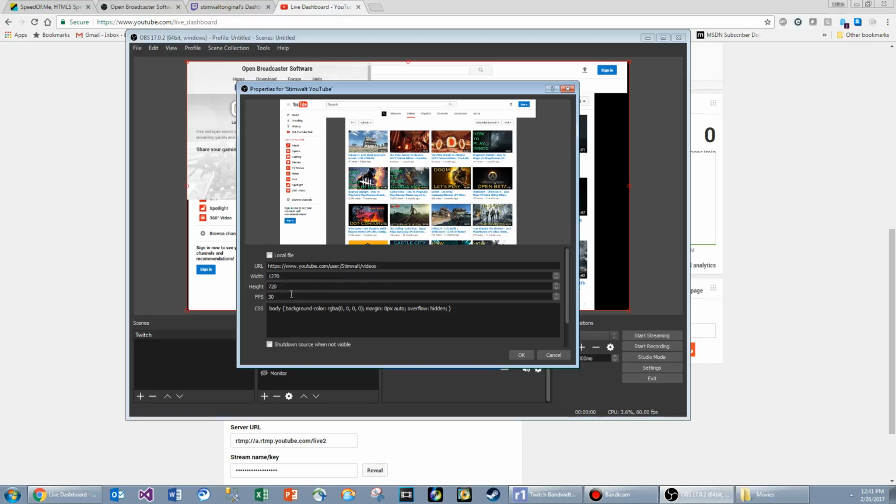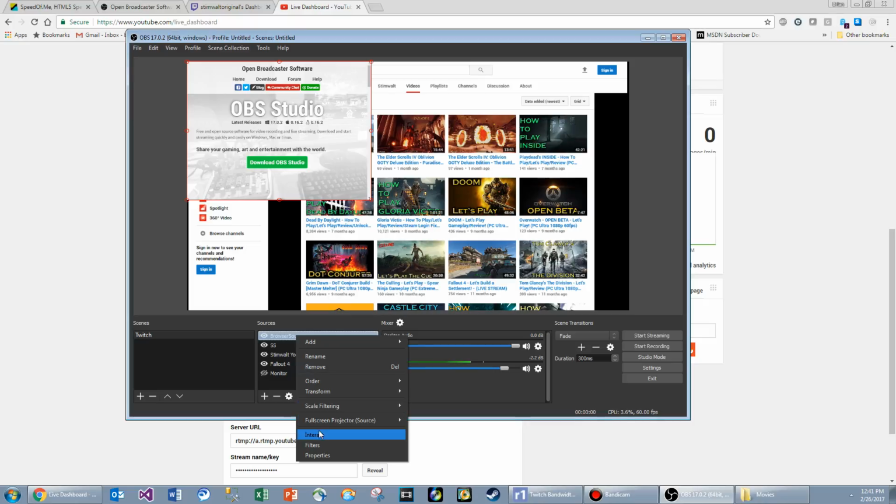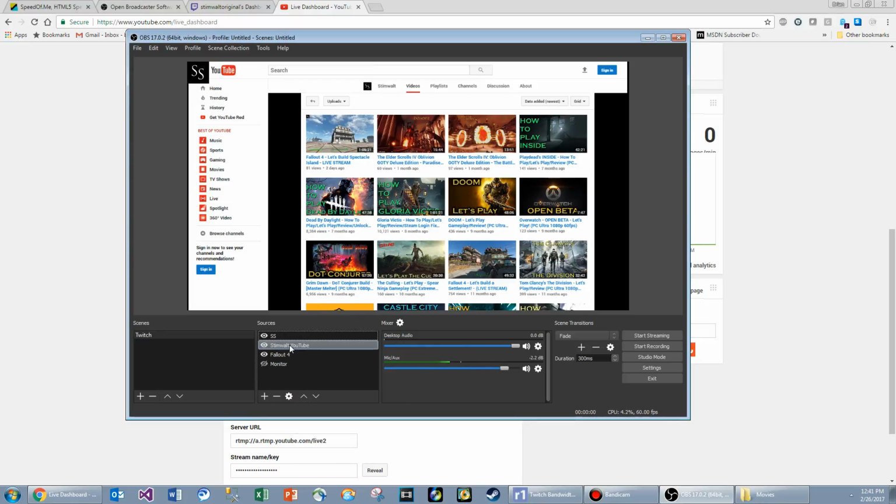You can set the width and height and even the FPS if you like. I usually just leave it at 30. There's no real reason to pump it up to 60 unless you want people to have 60 frames per second looking at a page that won't really change. Okay. So yeah, we'll just remove this browser source, but it's kind of a cool thing to do, let's